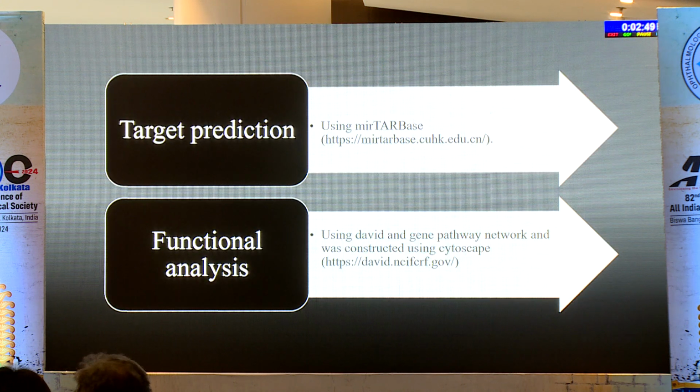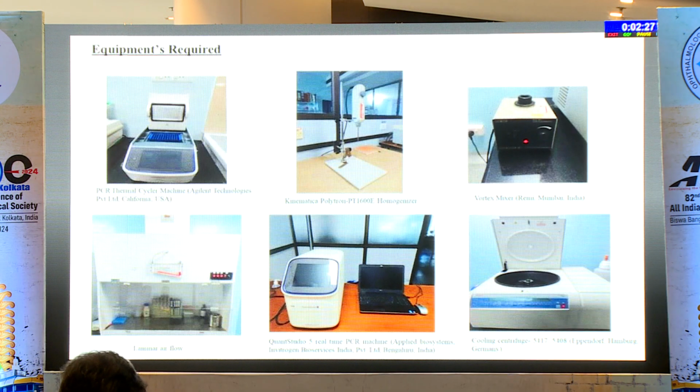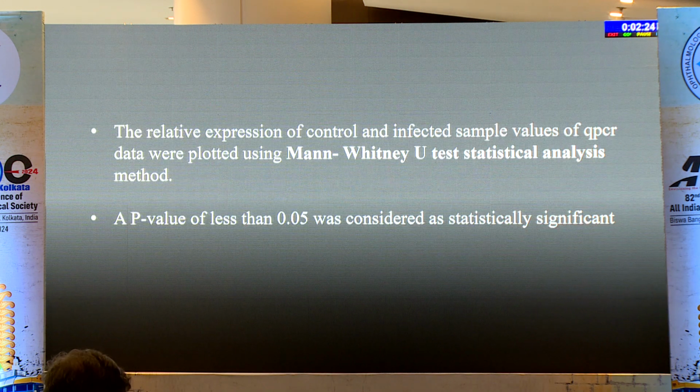For target prediction, we used an online miRNA-based tool. For functional analysis, a gene pathway network was constructed using Cytoscape. These are all online tools. Then real-time qPCR was done using available kits, and the expression level of miRNA was compared with an internal control. U6 is the internal control. By Mann-Whitney U-test, statistical analysis was done, and a p-value of less than 0.05 was considered